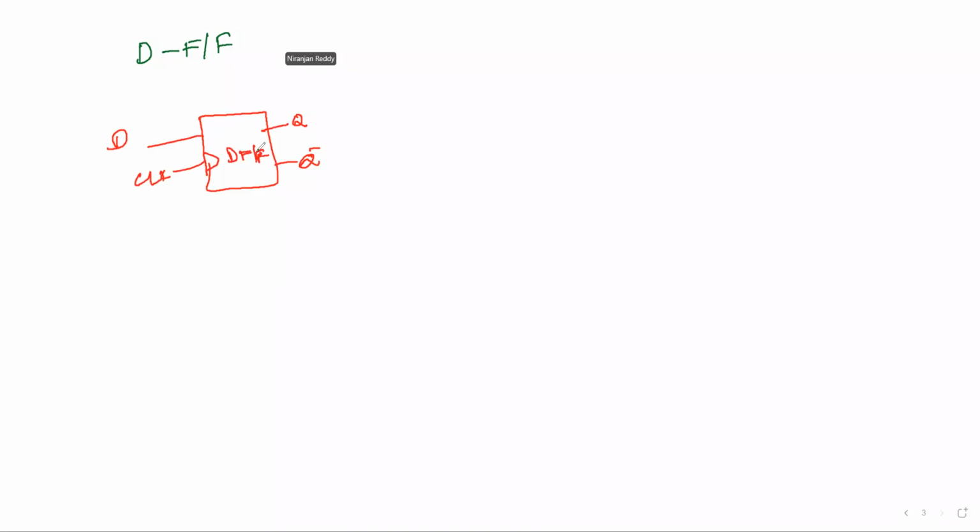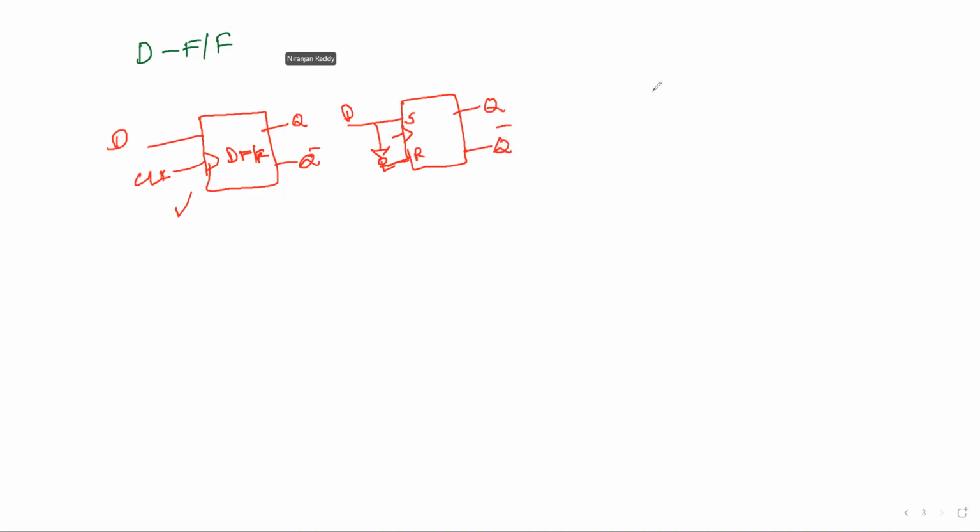Okay, so this is the simplest, and the other way of writing this is also here using the representation of SR. If I represent S and R like this, then you have to use a NOT gate. Both are correct, and you can write anything, but I prefer this. Okay, and this is the clock, this is my output Q. You can represent Q bar also, it's of your choice.